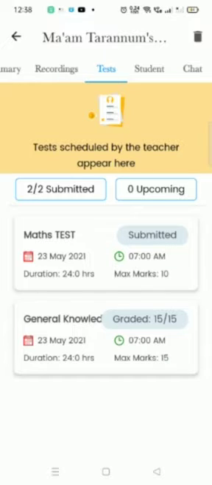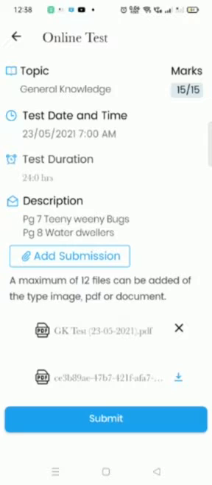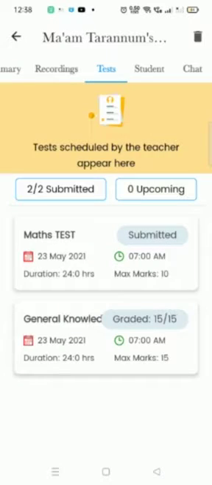And down here you can see general knowledge. Here I have checked some papers, so this way you get graded 15 on 15. After your teacher checks, you will get a notification on your mobile, and how many marks she has given you will appear over here like this. Just now you have submitted, so it will be written submitted, and when you get the marks from the teacher, you will see graded this much out of the total marks, right children?